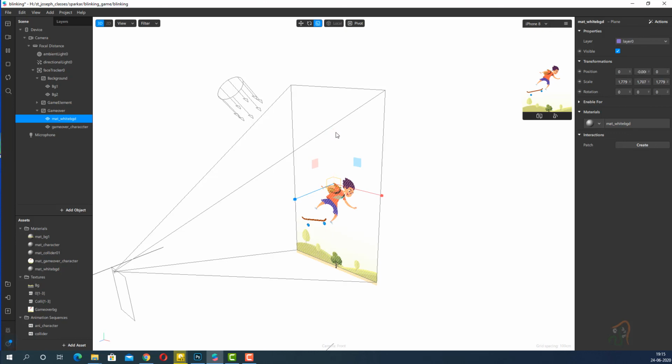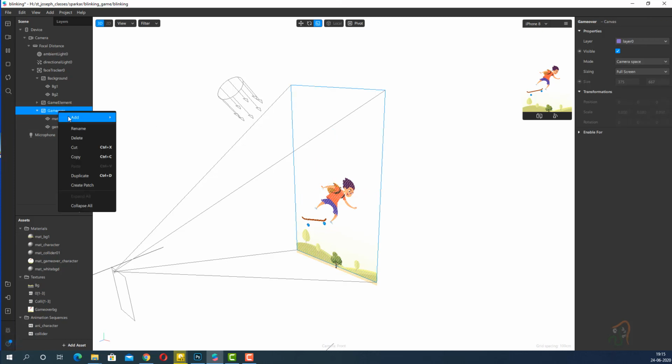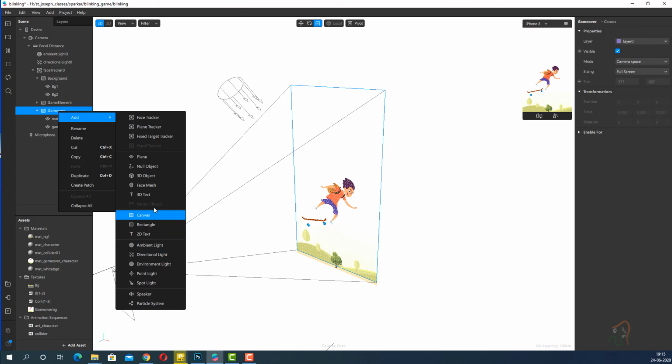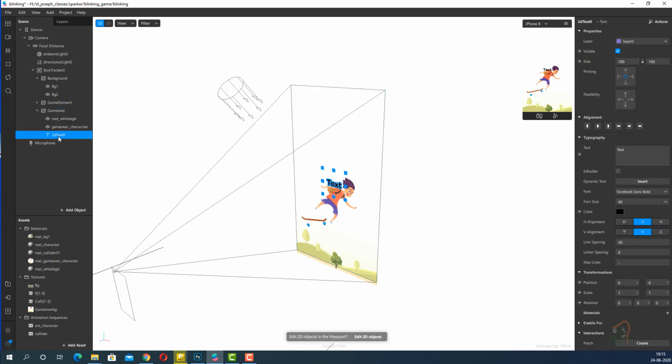Finally, the last thing that we want to do here is add one text. So for this, again come to generator, click add, and add a 2D text, and name this as text restart.